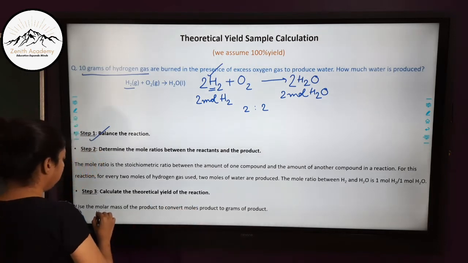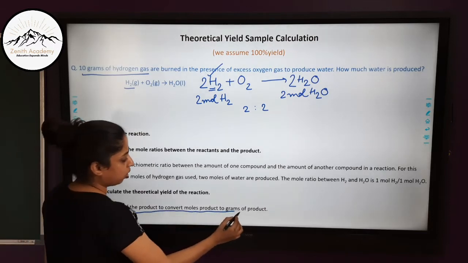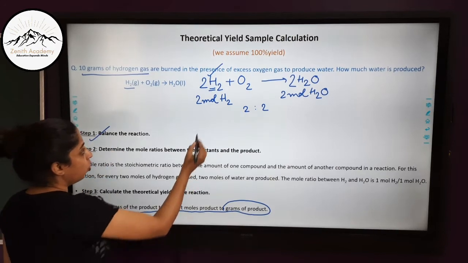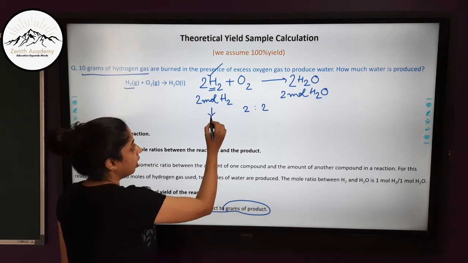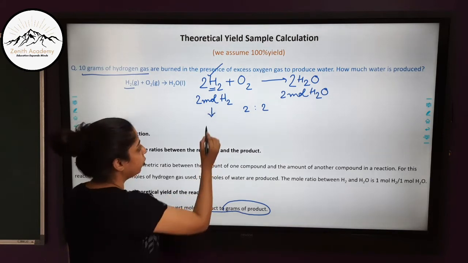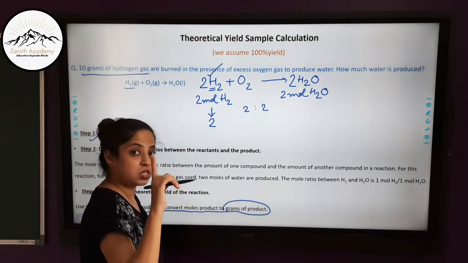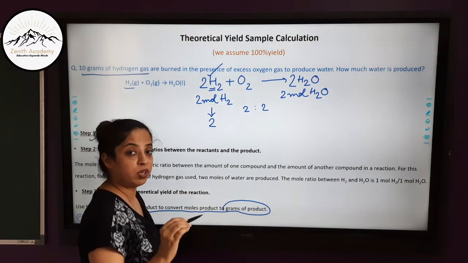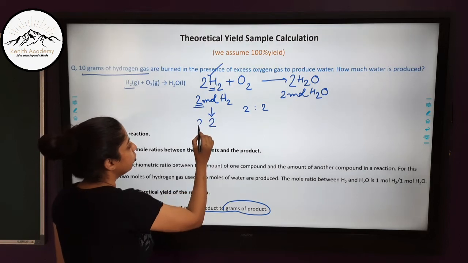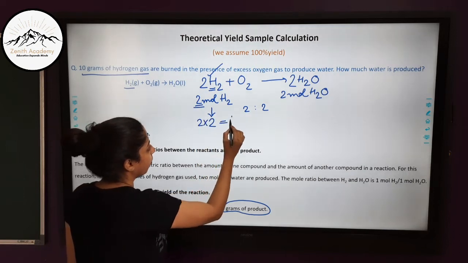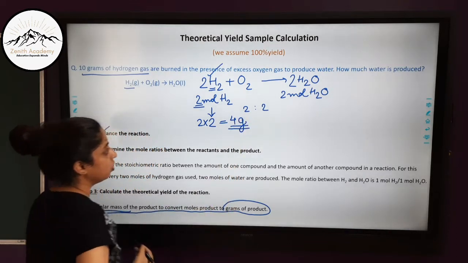Now step 3, calculate the theoretical yield of the reaction. How to calculate? By using the molar mass of the product to convert moles of product to grams of the product. Now we know that 1 mole of hydrogen has a relative molecular mass of 2. One hydrogen atom has a relative atomic mass 1, so the relative molecular mass of hydrogen is 2, and since there are 2 moles, we'll do 2 into 2, which is 4. So we know 4 grams of hydrogen will produce